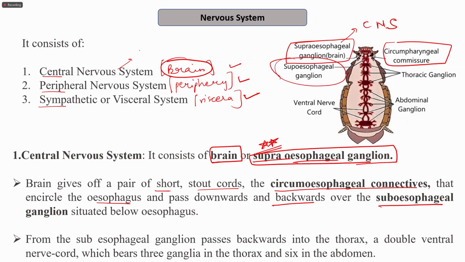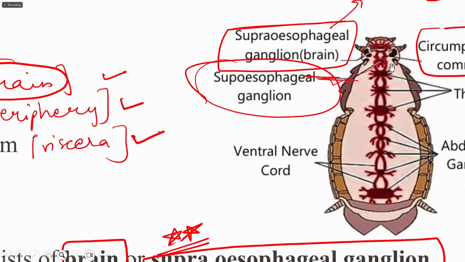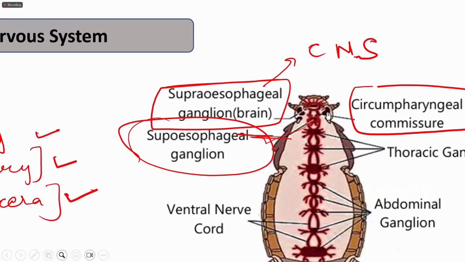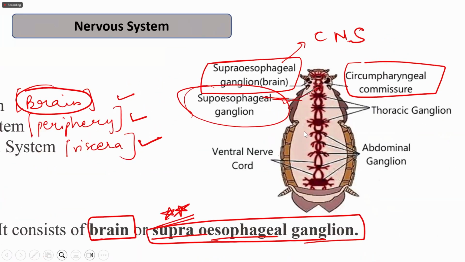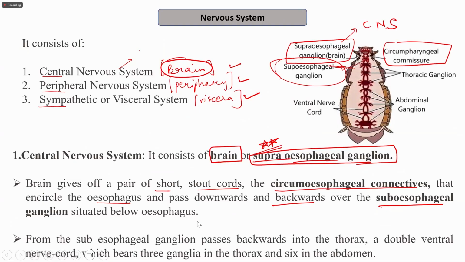If I zoom into this image, you can clearly see that the first one is the supraesophageal ganglion, which is the brain. The second one is the subesophageal ganglion,